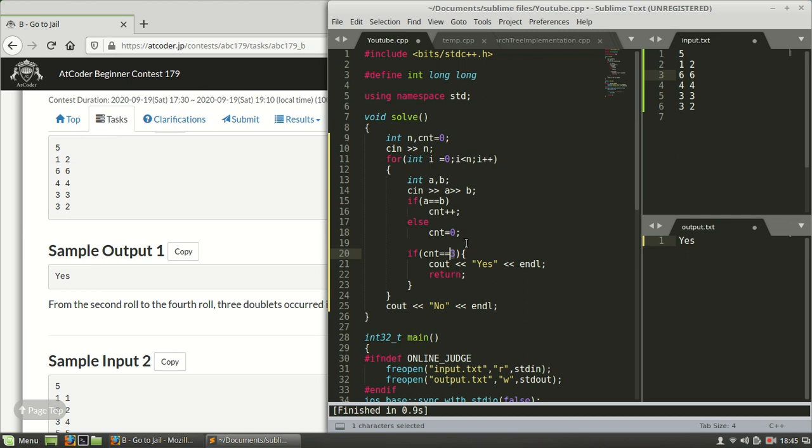Now here comes 4, they are equal, so we increment count, and count is still not 3, so we run the loop again. Once we come to 3, we increment the count and now the count is equal to 3. So we come inside this condition, print yes, and return.